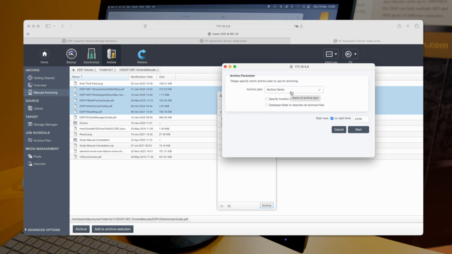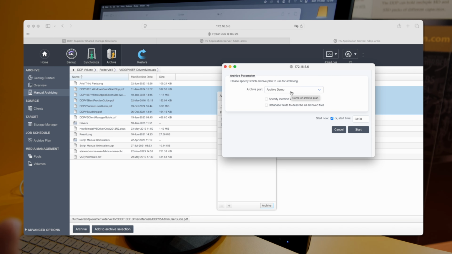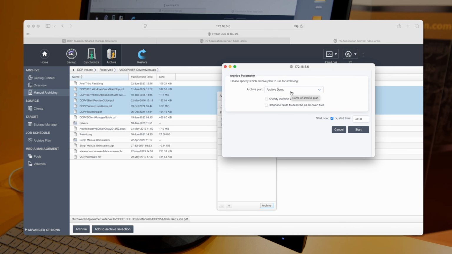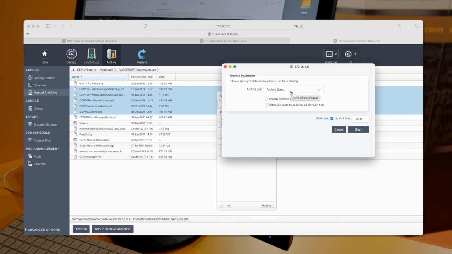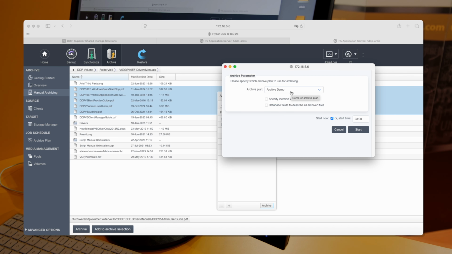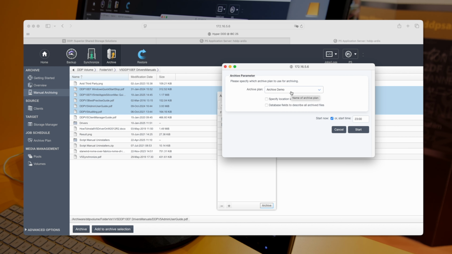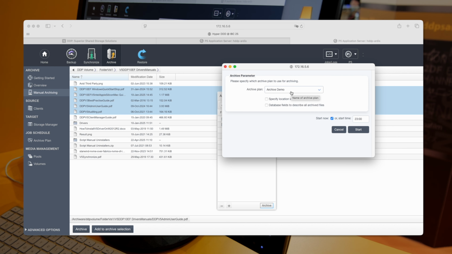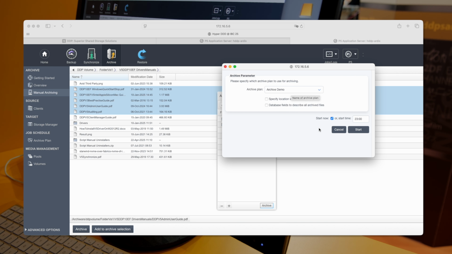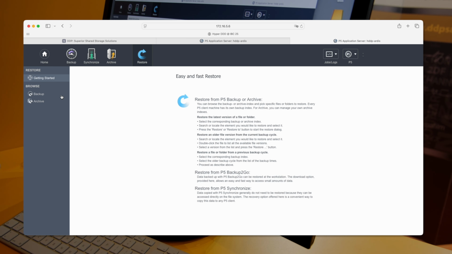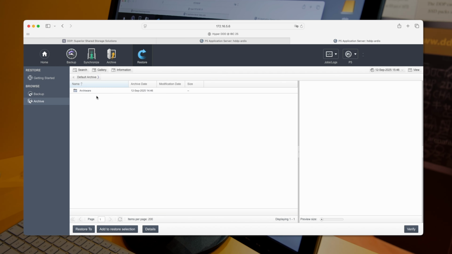Maybe you're going to make 2 copies, so you can have redundancy across 2 tapes. Keep those tapes in separate locations, and the data is going to be stored pretty much as reliably as it can be stored. Even the cloud vendors are using LTO tapes to store at their archiving price points. So once you've archived the data, we have a single browsable index where you can go and you can see